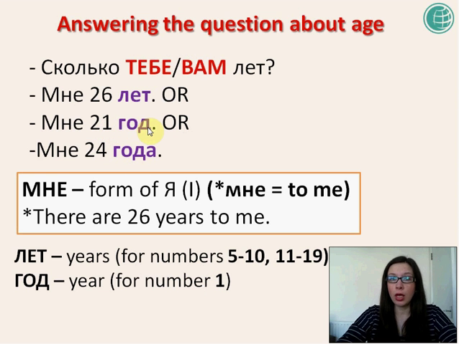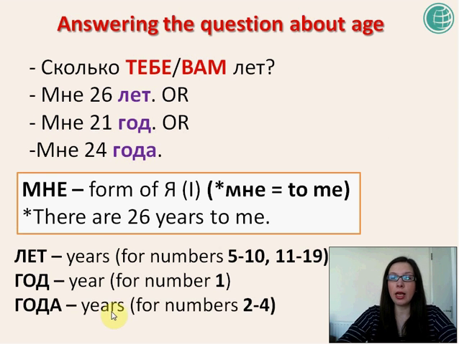21 год, 21 years. Мне 21 год. And the word года, years, we will use for numbers 2, 3, 4. If your age finishes with numbers 2, 3, 4, you will need to use года. 24 года. It looks a little bit funny in Russian language that every time you have to change this word,